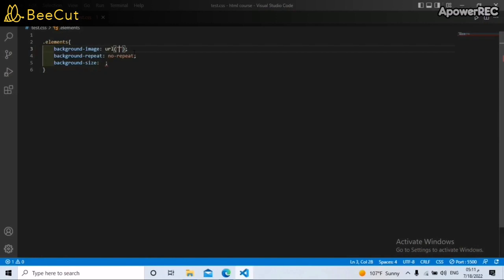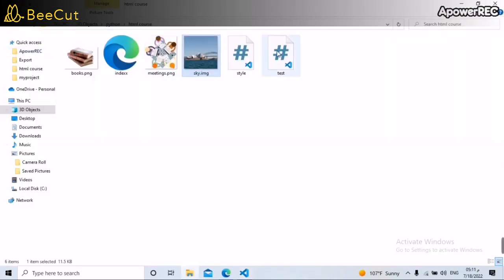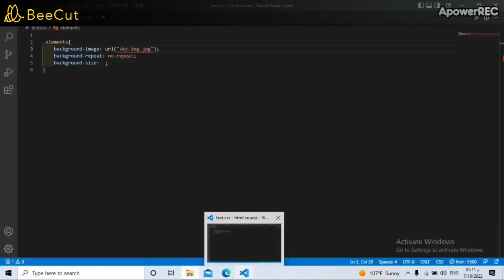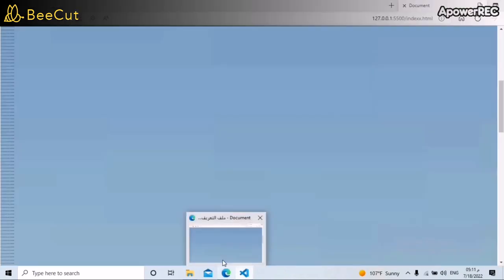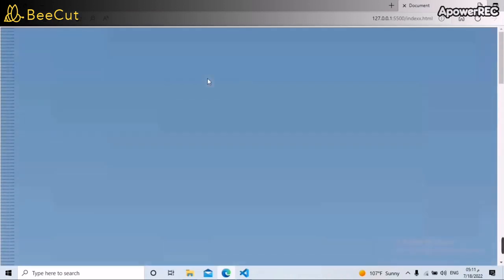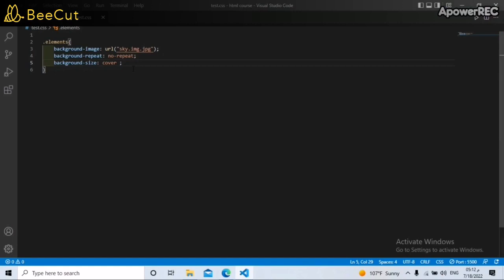So let's choose the sky, and here I have this image in the same file, sky.img, and let's choose cover. Cover is another value of the background size, so this one covers the whole content that you have in your website. And we have another value which is called